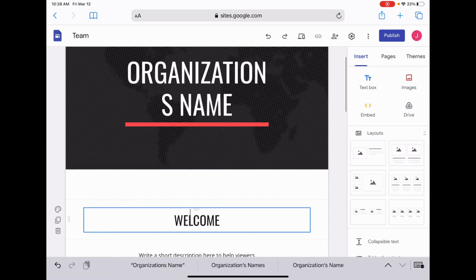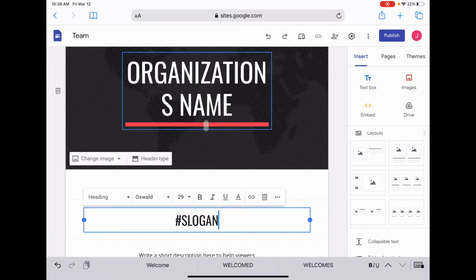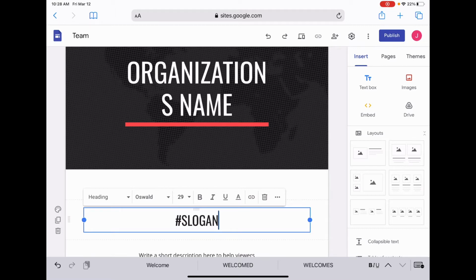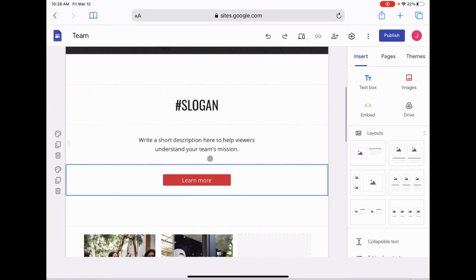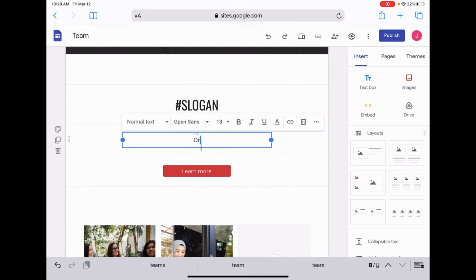And then maybe here you could put your slogan that you have. What's your catchy slogan, or your campaign name? Because again, you've got to look back at that rubric and see what's expected of you. Here would be a great place to put your organization's goal. Because it should just be one goal for your organization.